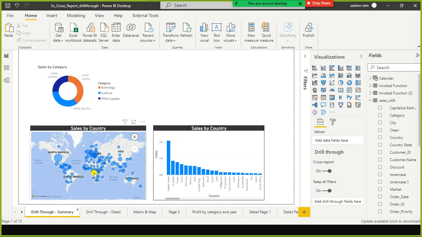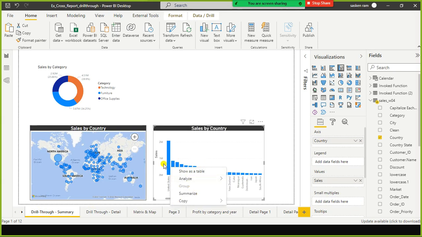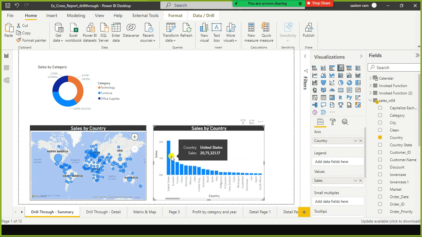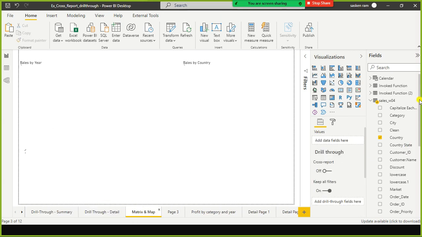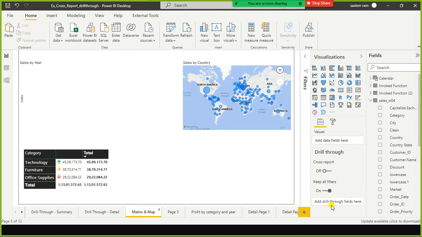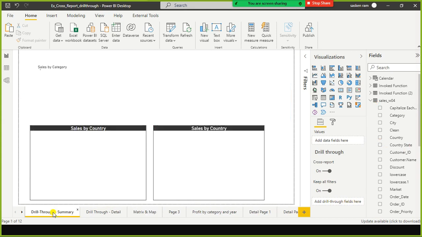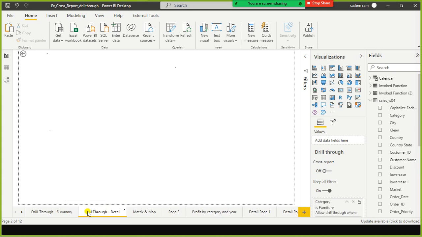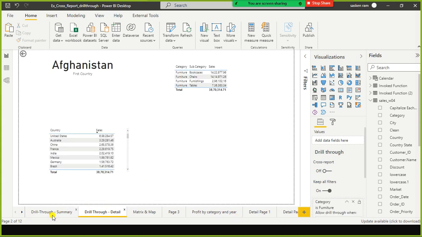Whereas in this summary page, first of all you don't have any option for drill through for this visual, because here you did not use category. In these two visuals we did not use category. And if you want to enable drill through for the country also, what you need to do is create another page wherein you drag and drop country in this add drill through fields, so that if you want to see country wise totals, you can see it there. But now the question is, can I have one more drill through